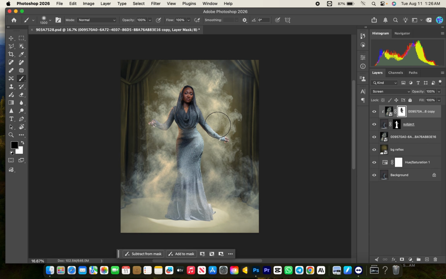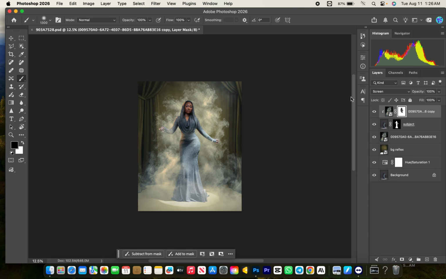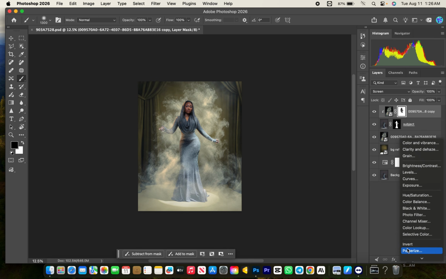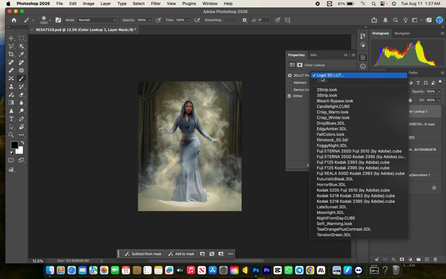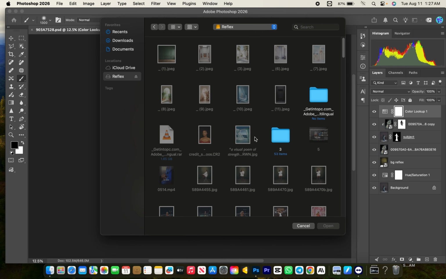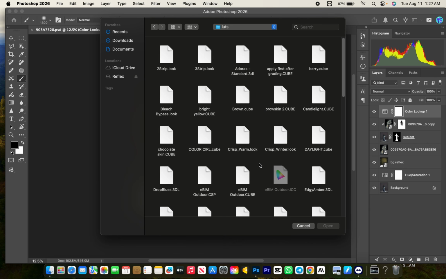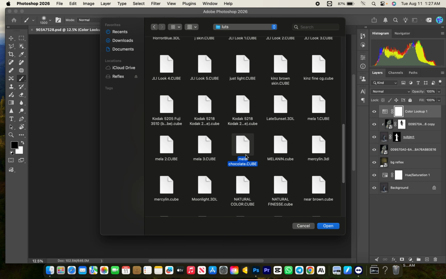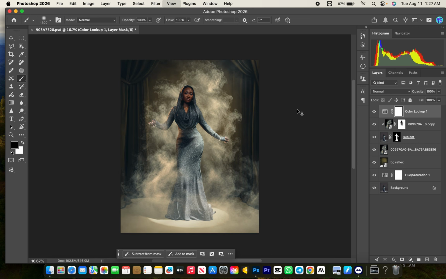The next thing we just need to do right now is to color grade the image. I'll be using one of my favorite color grading LUTs. I'll go to my adjustment layer. Under my adjustment layer, I'm going to go to color lookup. Under color lookup, I'm going to click on load 3D LUTs and load it up right now, as you can see. So I'm going to pick the LUT which I'll be using, which is my Mela chocolate. So I'm going to click on it, click on open, and boom, it's going to give me a low light vibe,